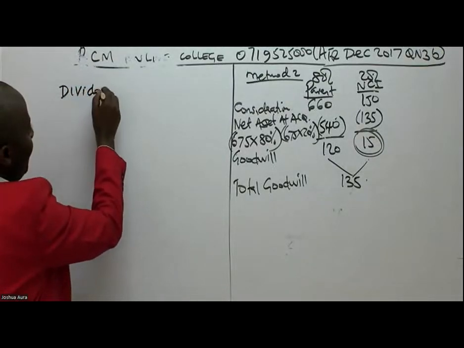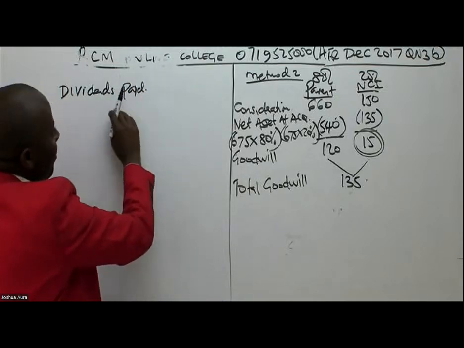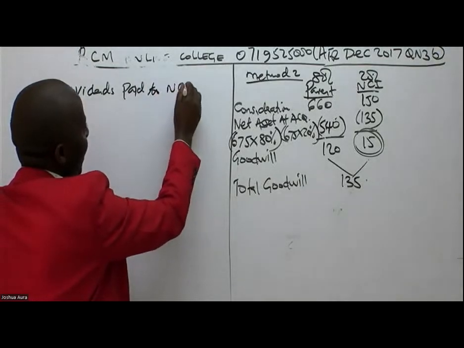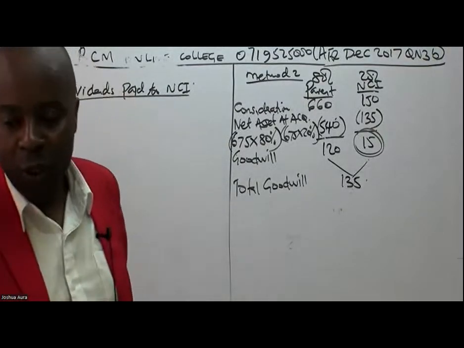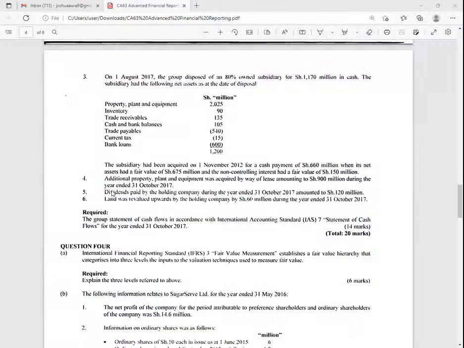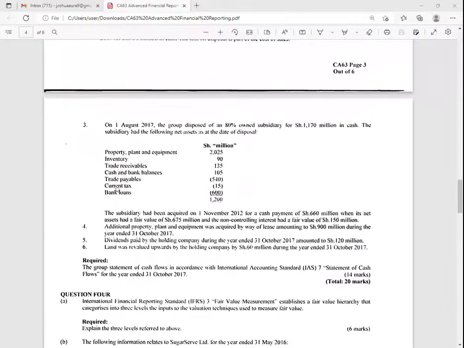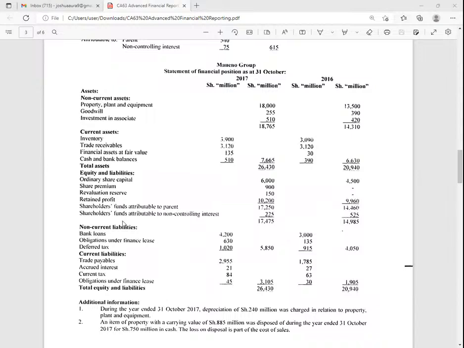Dividends paid. Dividends paid to NCI. So dividends paid to NCI, when you look at this particular question, you'll be able to see right away a place where they're giving us, under equity and liabilities, the funds attributable to NCI. So funds attributable to NCI, at the beginning of 2017, which is the end of 2016,